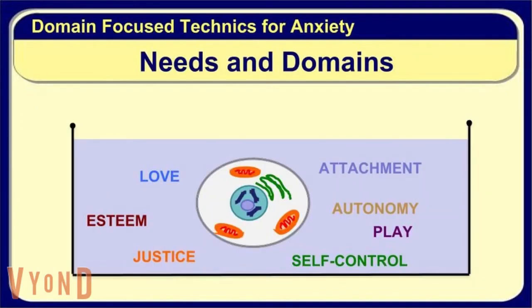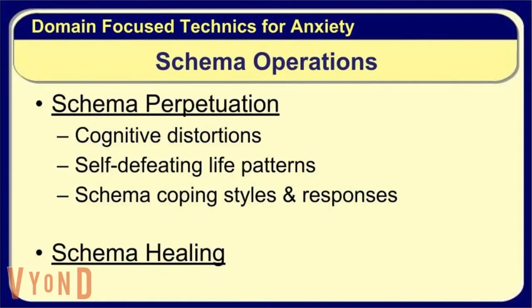If we think of an individual as a one-cell organism, these are the needs that are necessary for the organism for a healthy life. If they are so little in the environment or absent at all, then the cell will have some problems. A schema has 2 main operations. It can perpetuate itself, and if the one is lucky, it heals. The individual's cognitive distortions, self-defeating life patterns and schema coping styles help the schema to maintain. The other operation of the schema is healing. This happens very seldom, when the individual's unmet needs are met, overcoming the individual's coping styles that resist the